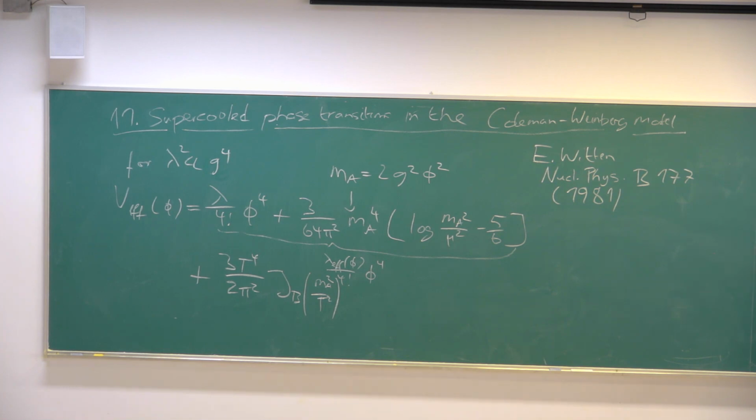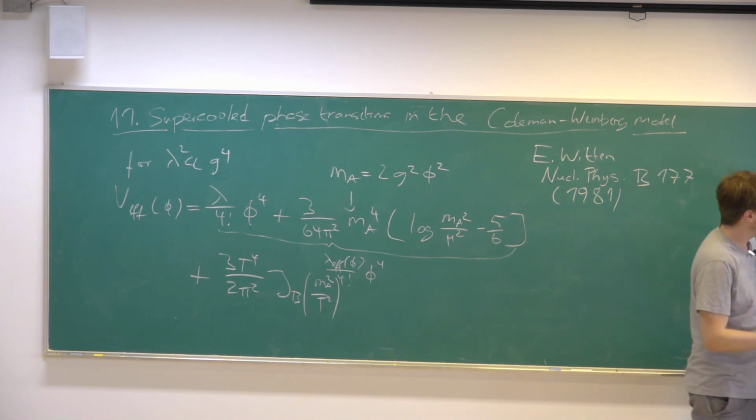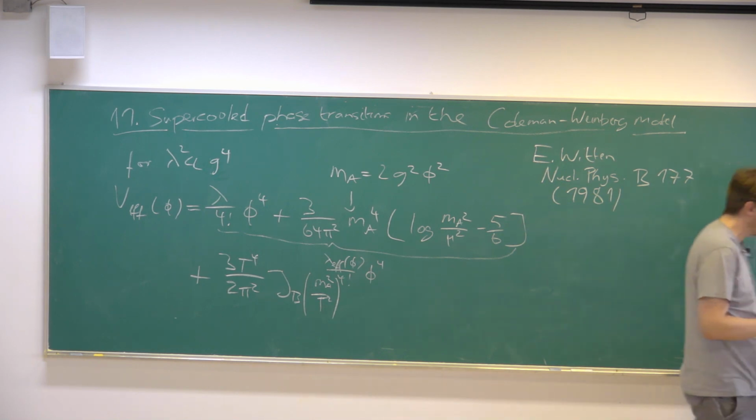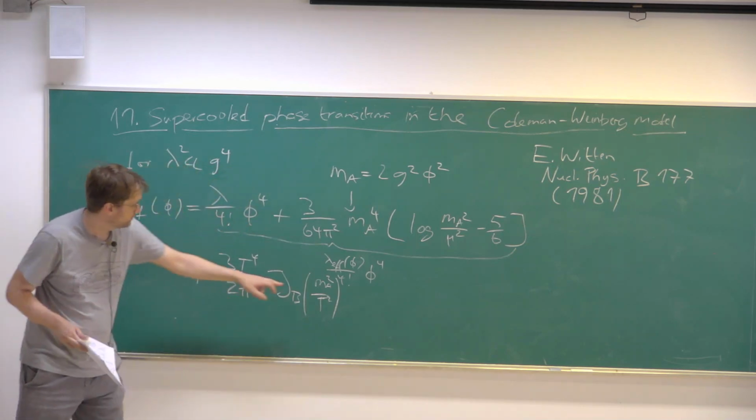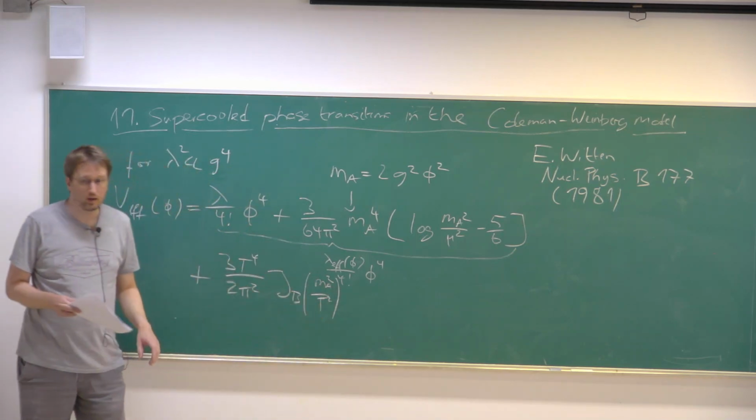So now let's focus on a regime of the potential where m_A squared is 2g squared phi squared, that's a function of phi. So for small phi values, this is much less than T. This is a region for small phi, this is fulfilled, right? And then for small phi, if this is fulfilled, this argument is very small,